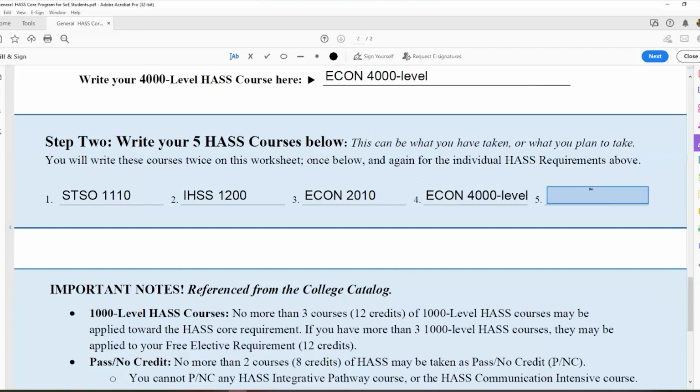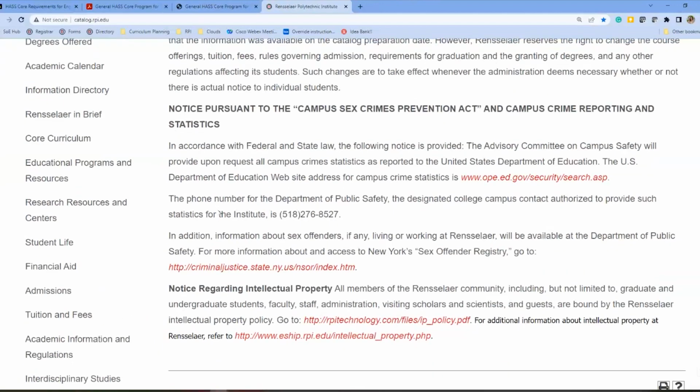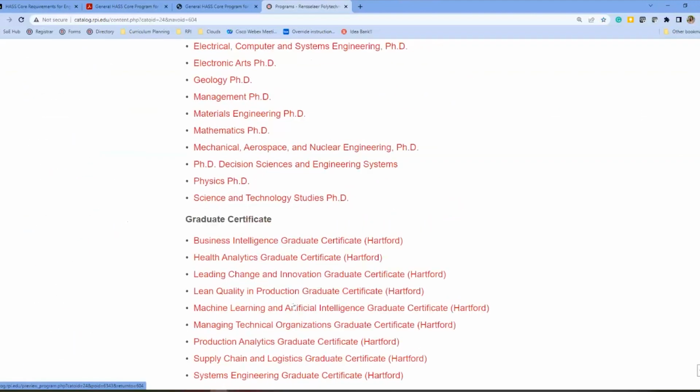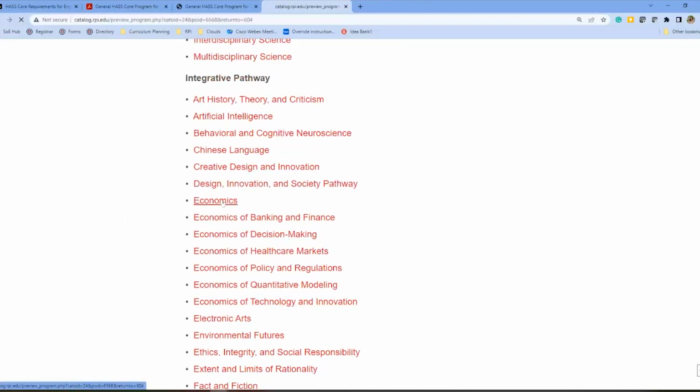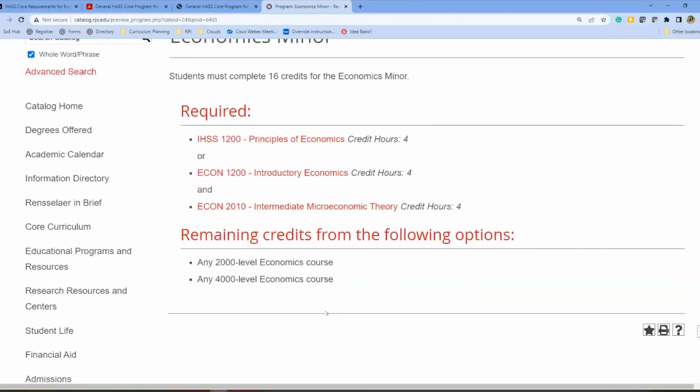So this goes back to earlier when we were talking about minors that are associated with the pathways. I know I X'd out of a lot of stuff, but it's because I had too much going on. So I'm going to go back to the integrative pathways real quick. So integrated pathways, we're going to click on econ. We're going to click on this minor, and this is where we're going to find our 5th course,